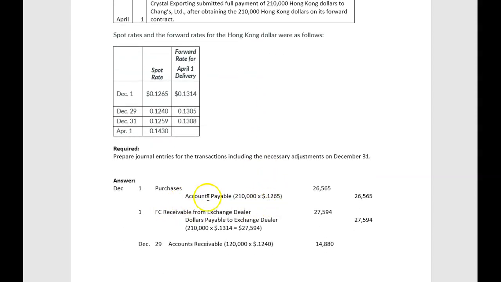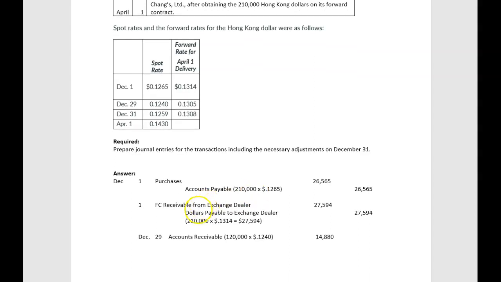Right, when we're recording the purchase on December 1st, we're using the spot rate right here times the 210,000 Hong Kong dollars. The second piece is the new piece. This is because of the forward contract they agreed to, they're hedging in this instance. So the forward contract receivable is for 210,000 Hong Kong dollars at 0.1314, or 27,594. And that's what they have to pay to the exchange dealer to get the 210,000 Hong Kong dollars on